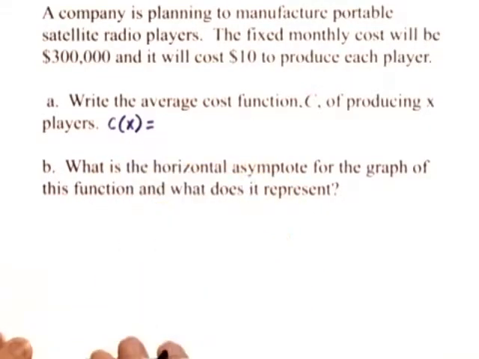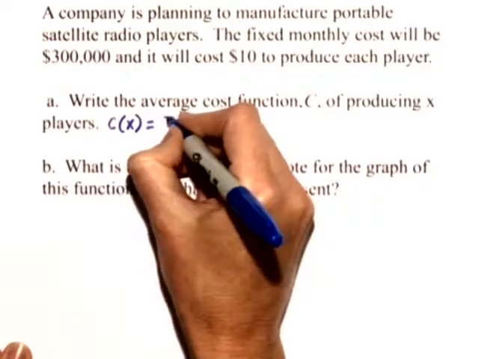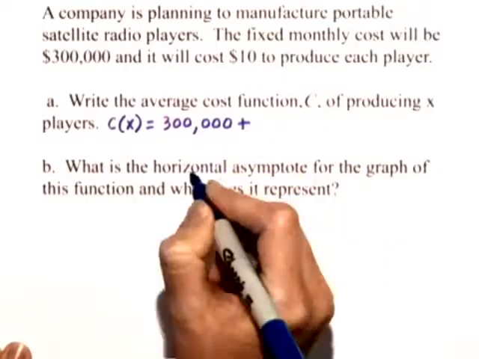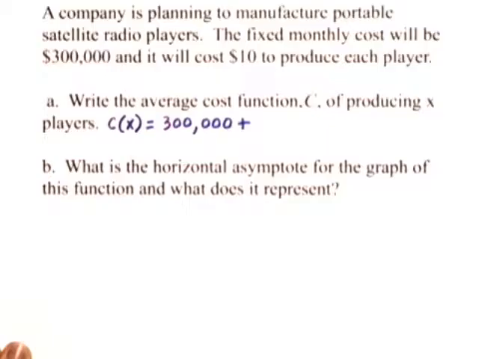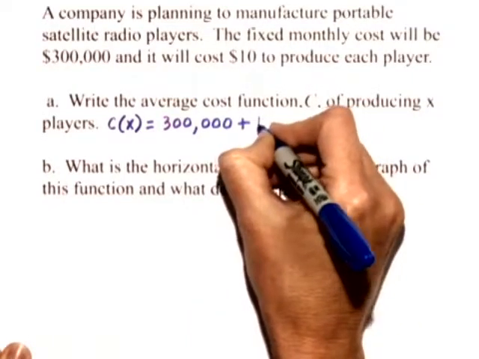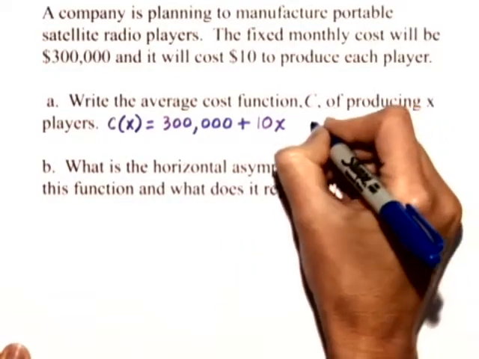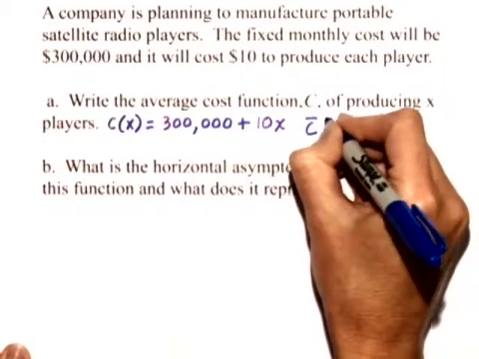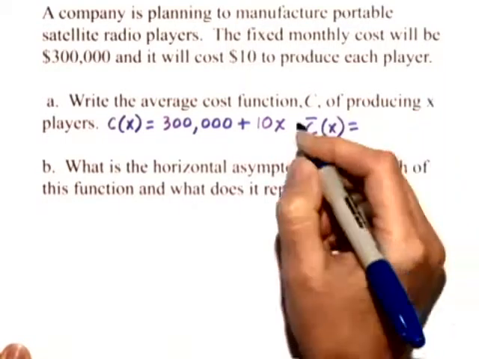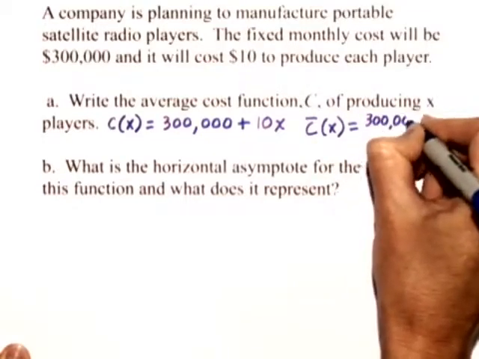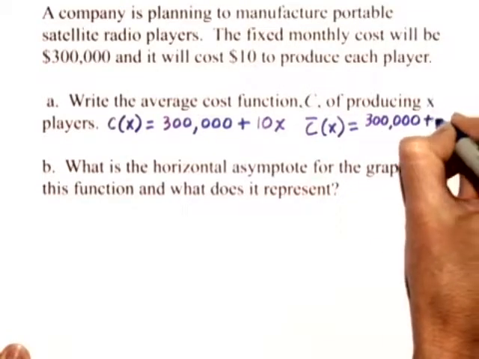Well, the cost function is made up of a fixed cost, which is $300,000 monthly, plus a variable cost, which in this case is $10 for each player produced. So we can write that as 10 times X. Now, the average cost function, C bar of X, will just be equal to the cost function, 300,000 plus 10X,